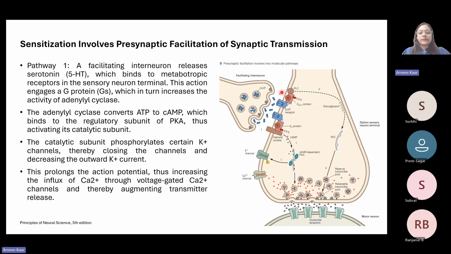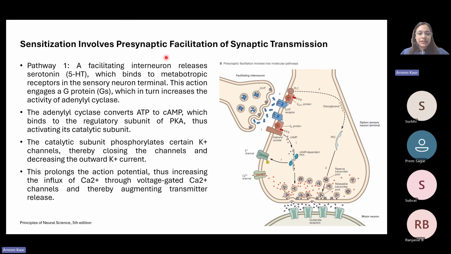So there are different pathways shown over here. This is one, through cyclic AMP and the PKA pathway. This is the second one, through another GPCR and the PKC pathway. This is just the two. The five pathways come much later; we'll come to that. So these were the two pathways that we talked about.